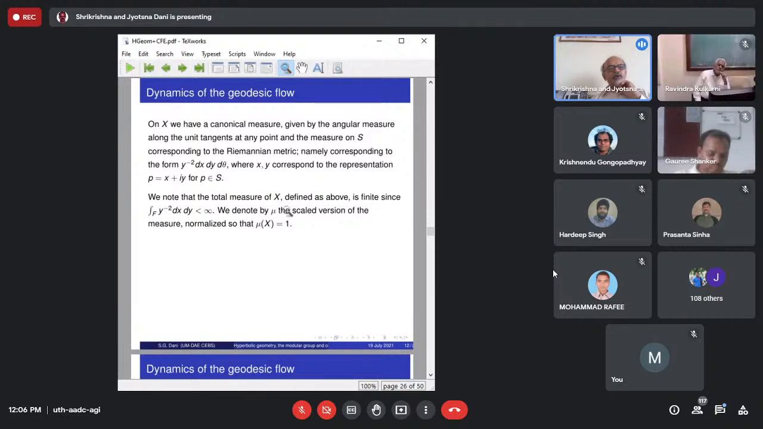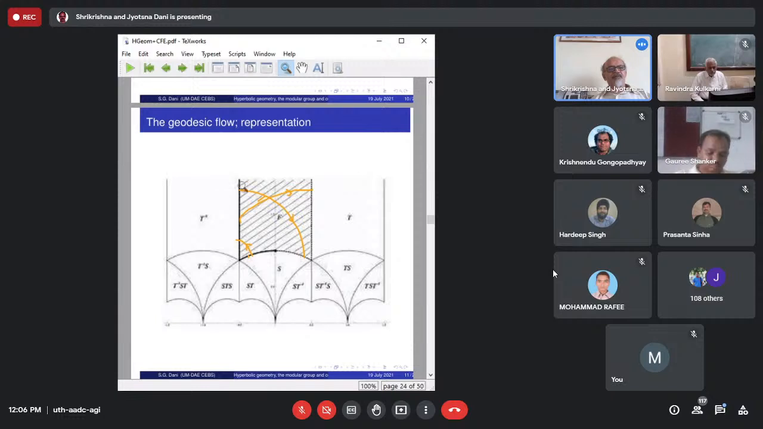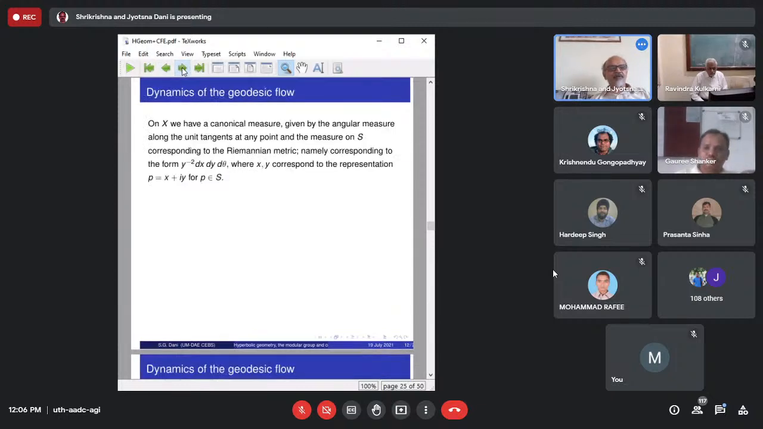The total measure of this is actually finite. That's a very crucial difference. The angular measure at each point, of course, is something finite. It goes only up to 2 pi, and the measure of this in the Euclidean plane has infinite measure. It's a long cylinder going up to infinity. But in the upper half plane, this is actually something of finite measure,